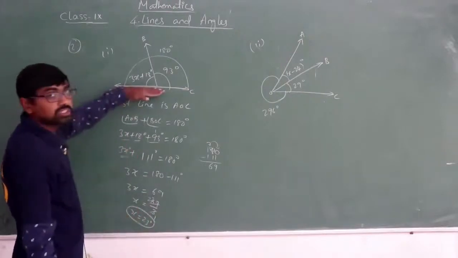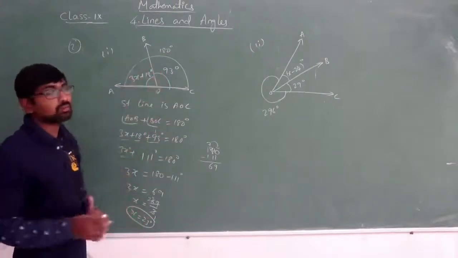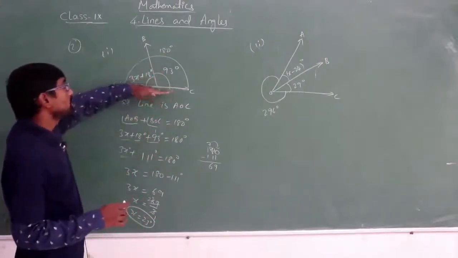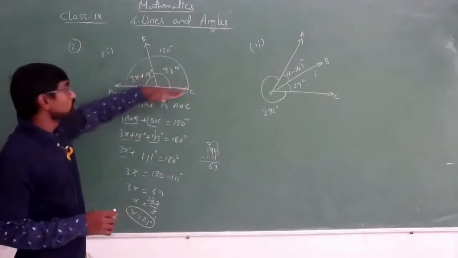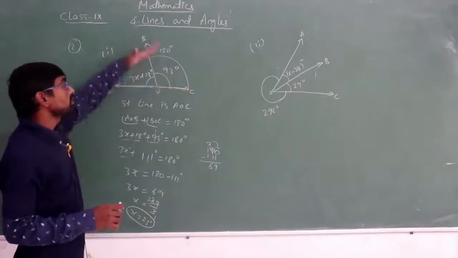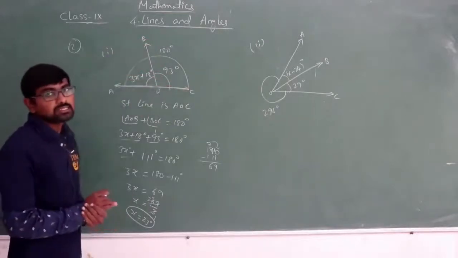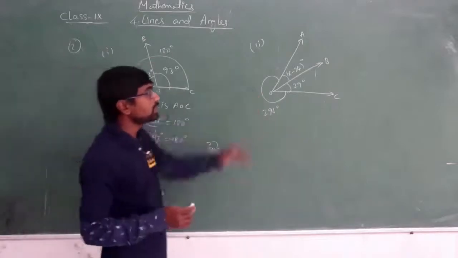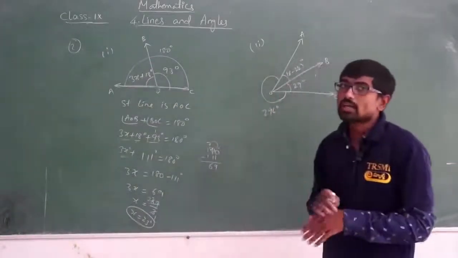So depending upon the question, you have to check whether to take the straight line angle or the complete angle. Here we don't have bottom angles, we have top angles, and we have one line. They are representing one side of that line. Therefore I have taken the straight line angle. On that basis you can decide. So see here in question number 2, which angle do you have to take?